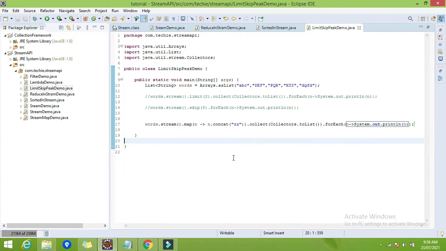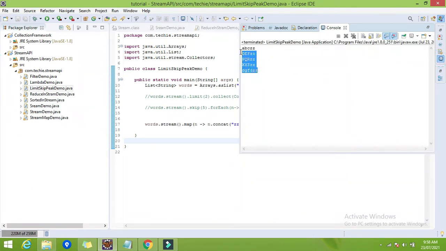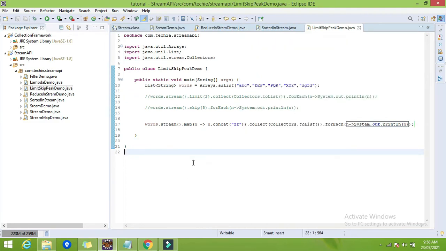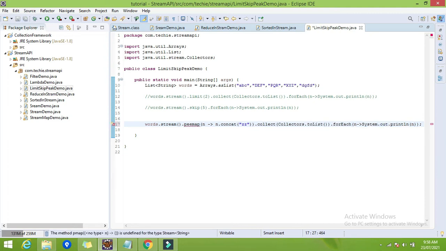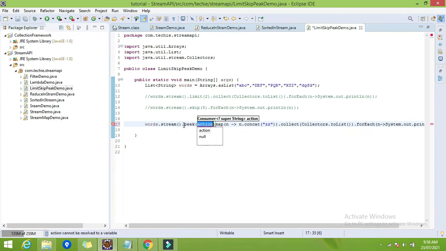Now, sometimes it can happen that your output is not as expected, whatever you are expecting, you are not getting that output. That time you need to debug, right? You need to check what elements we are giving to this map function, whether we are giving the wrong input or something like that. You want to debug it, so that time you can use the peek method here. You can use the peek method and simply display what input you are giving to the